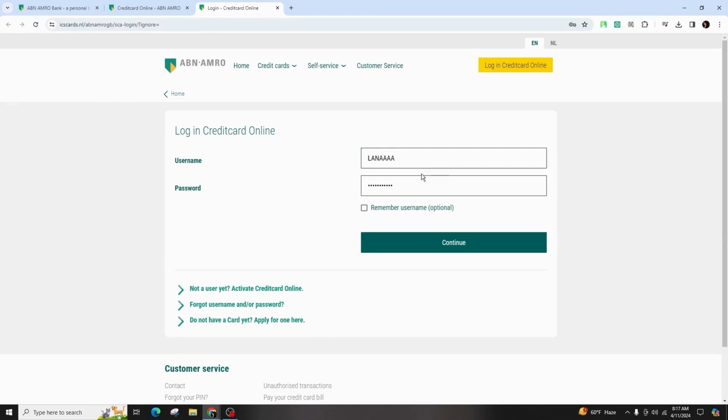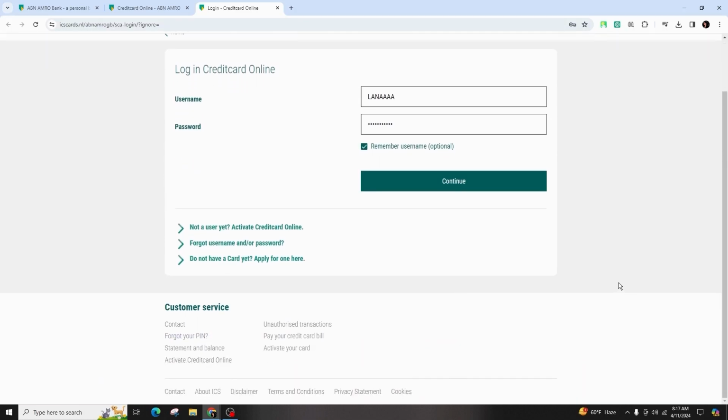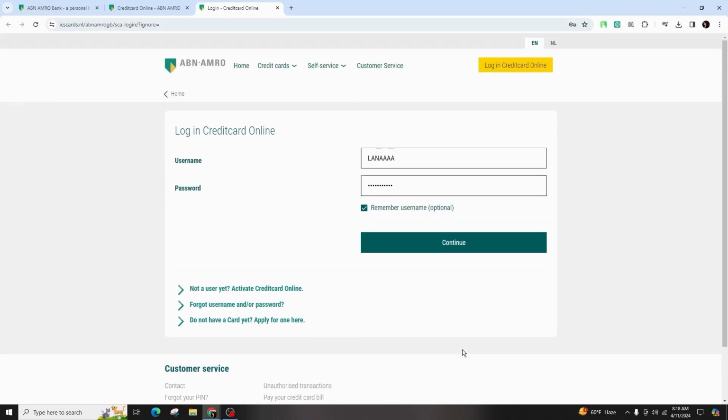Enter your username and your password in the designated areas. And if you'd like this Google Chrome web browser or this device to remember your credentials, you can click on this option over here. If you're a new user, click on Activate Credit Card Online. And if you have forgotten your username or your password, there is an option to recover them. If you do not have a card yet, you can apply for one. And after entering the correct credentials, click on Continue to log into your ABN AMRO credit card